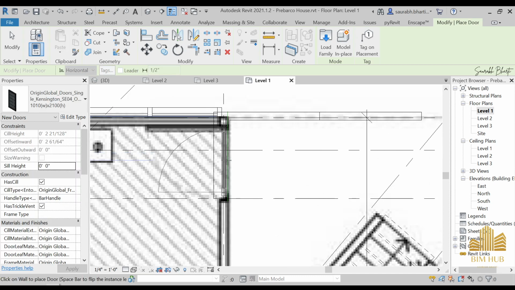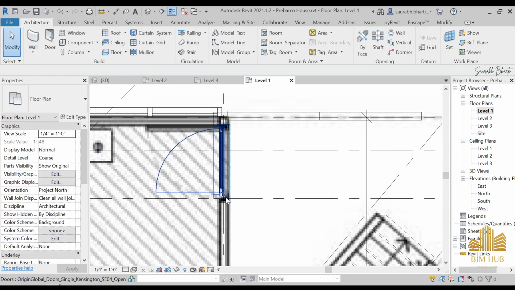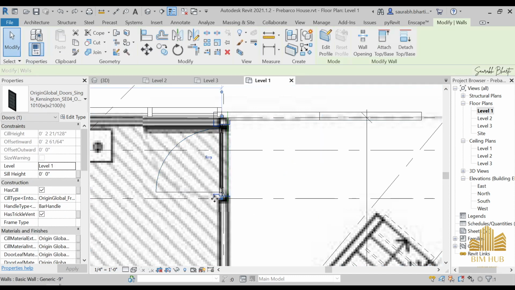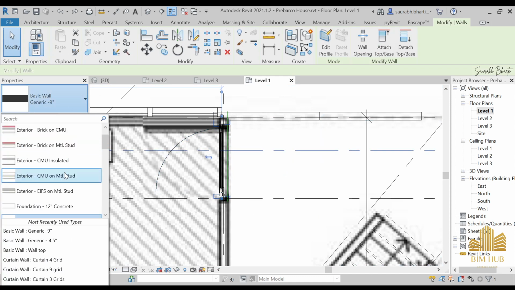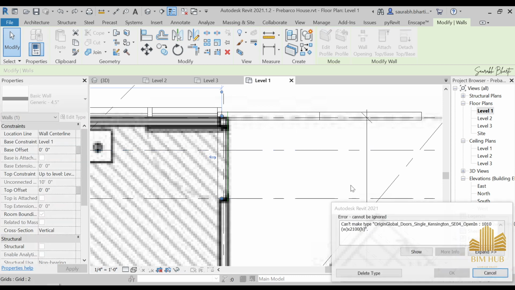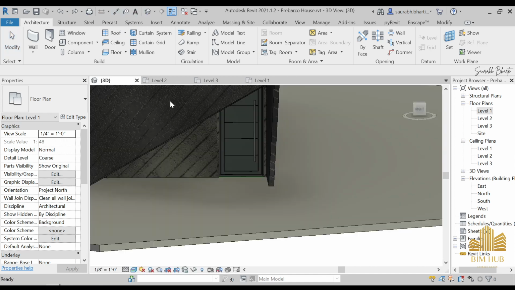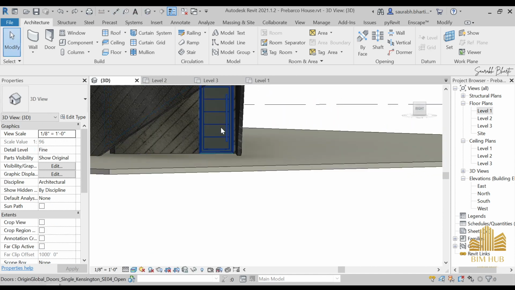And we have our door at this point, and let me see if I can change the wall size. Double S to hide the door. No, we can't hide it. Okay, I just chose this wall, and then 4.5 inches. No, I can do that. So cancel it and keep it at 9 inches. Not a problem. So just go to this, and now you can see that we have a door at this